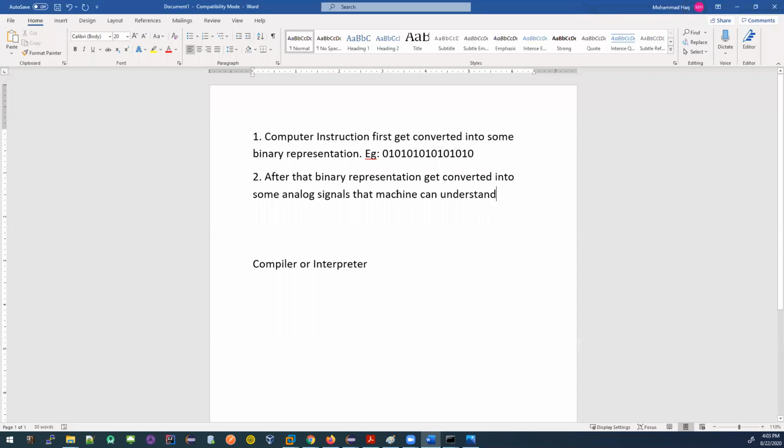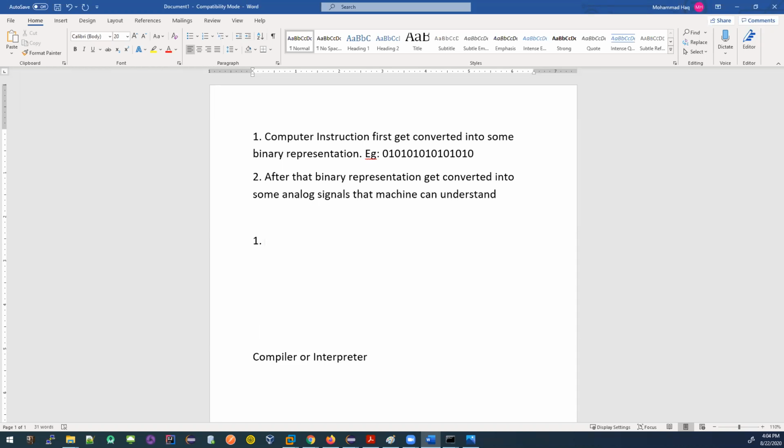How big might this instruction look, just to print out a single line? It might require thousands or, I don't know, millions of zeros and ones. How long will it take for you to write it down? You cannot do it, right? But there's something the programming language can do.